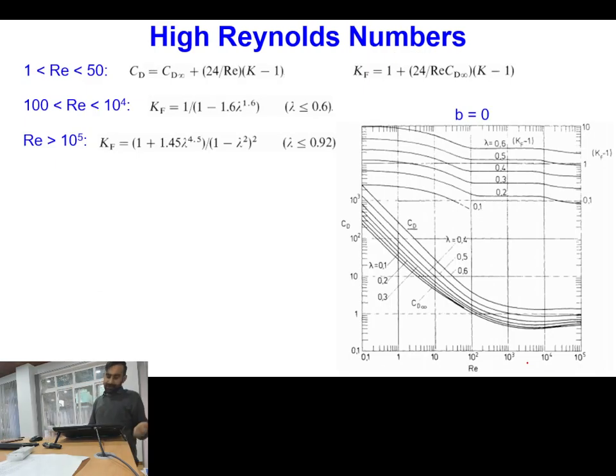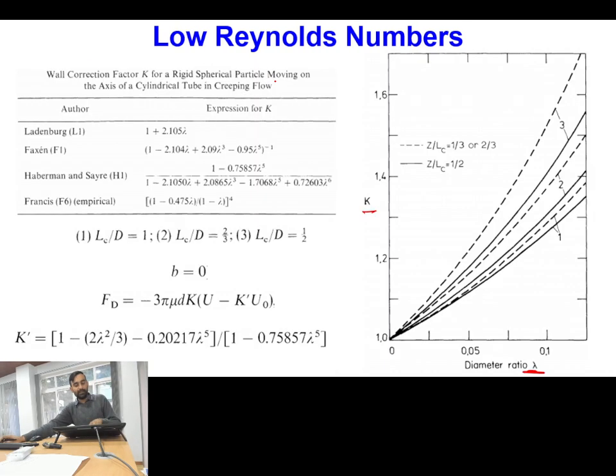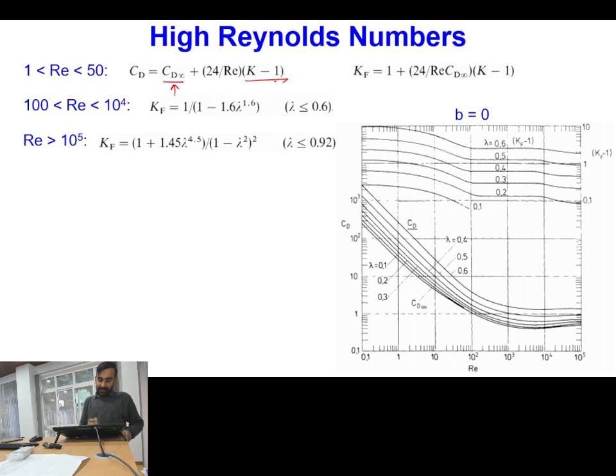Then if you have high Reynolds number, for Reynolds number in the range 1 to 50, the drag coefficient can be written in terms of the drag coefficient for unbounded medium plus 24 by Re into (k minus 1), and the value of k you can calculate from the previous table. Okay, and then k_f for 100 to 10,000 and more than 10,000 you can calculate using these relations